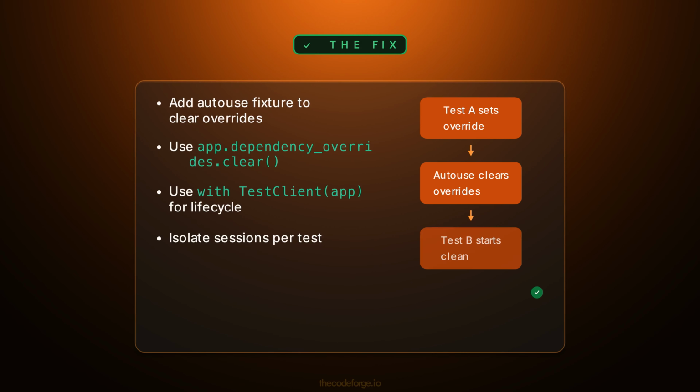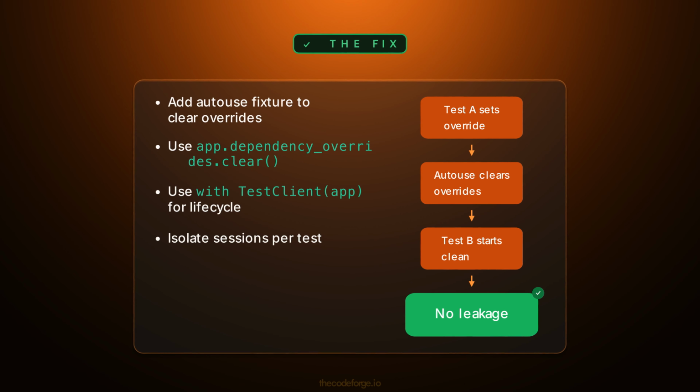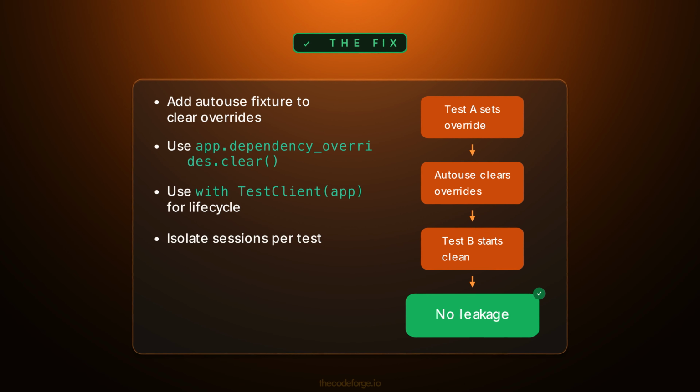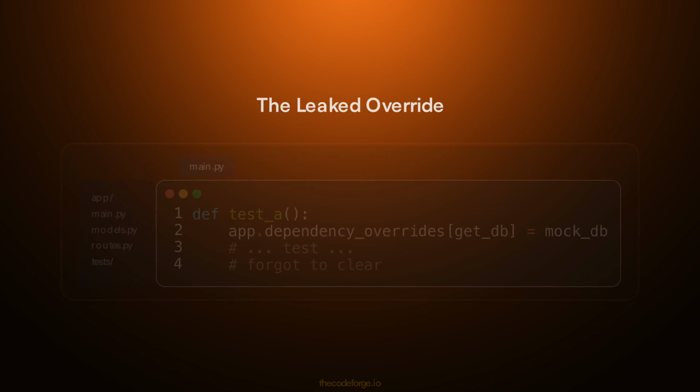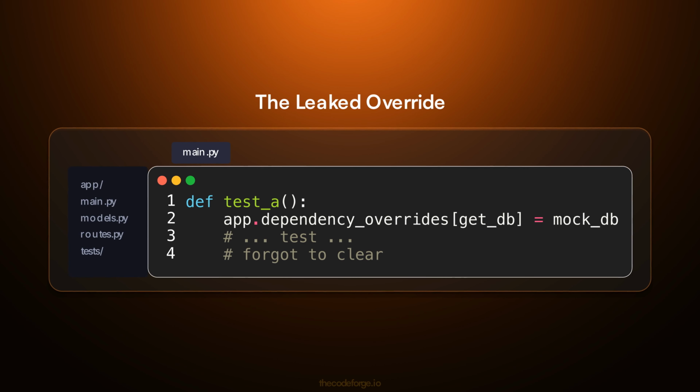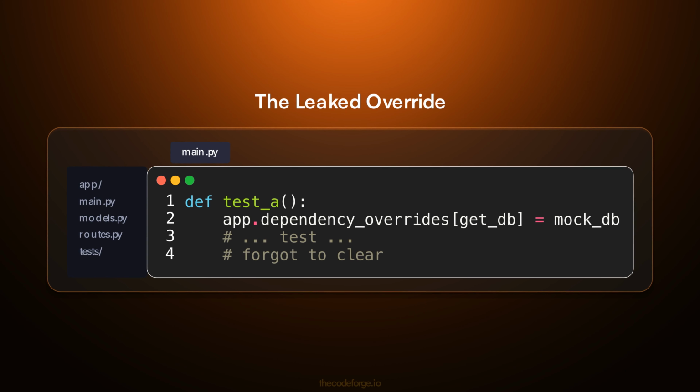The fix is to add a pytest auto-use fixture that clears app dependency overrides before every test. Also, always use with TestClient(app) to trigger lifecycle events and ensure each test gets a fresh database session. This is the exact mistake from the incident. A dependency override was set but never cleared, causing subsequent tests to inherit a fake database session that eventually wrote